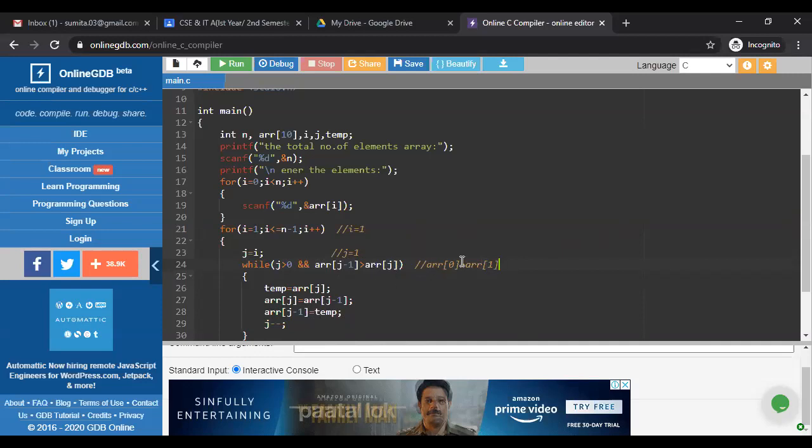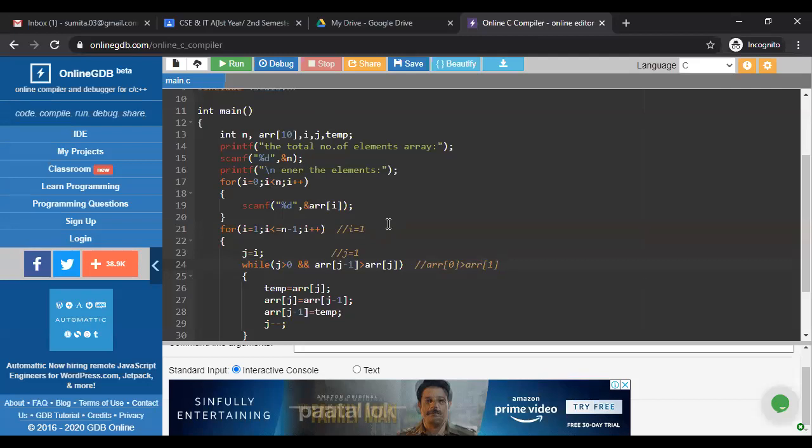Because ARR 0, according to my insertion, whatever the index and whatever the value, if I am taking the previous example, then according to the index number, 44 is not greater than 77. So this is a false condition.